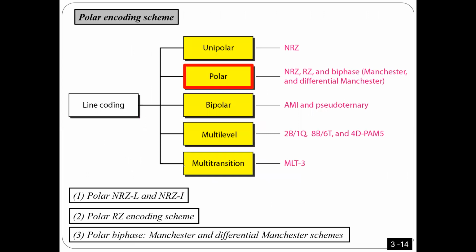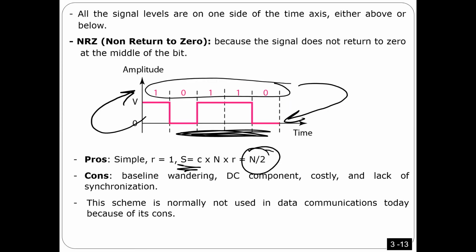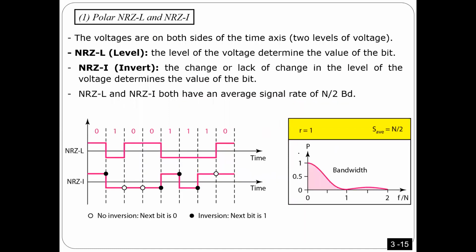The first one was very simple, non-return to zero, as I told you before. The bandwidth was very good and so on, but it has for sure DC component and baseline wandering and so on. The second one was